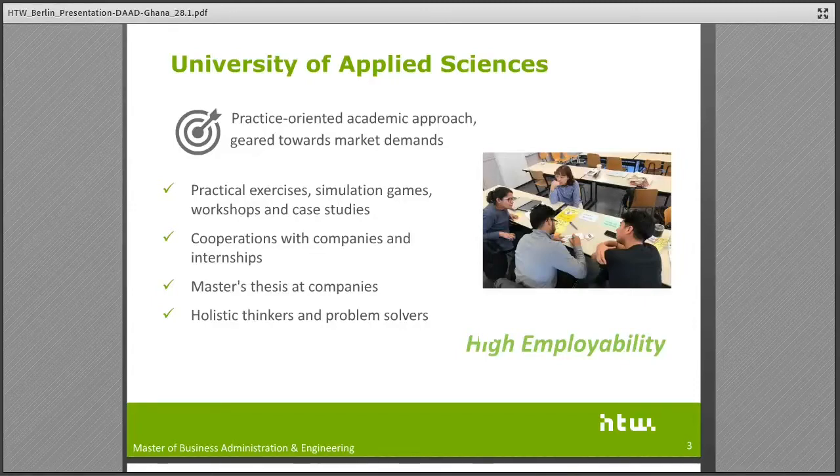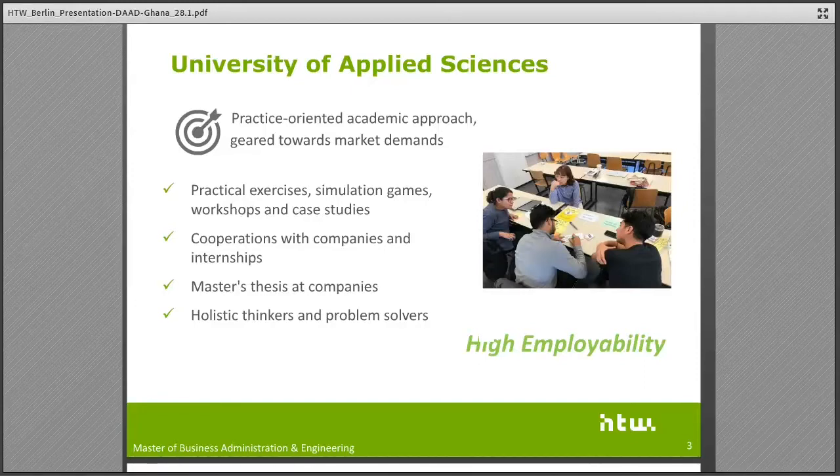The study programs contain a lot of practical exercises, simulation games, project work with companies, workshops, and case studies. We have cooperations with companies which also offer internships to our students. And it is very common to write the master thesis or even the bachelor thesis at a company.